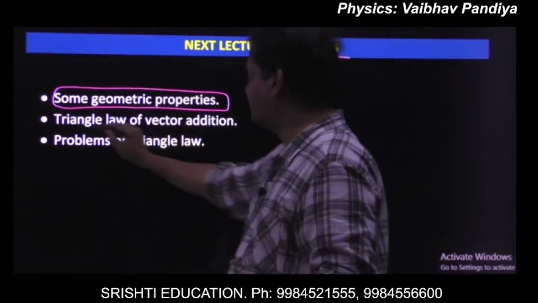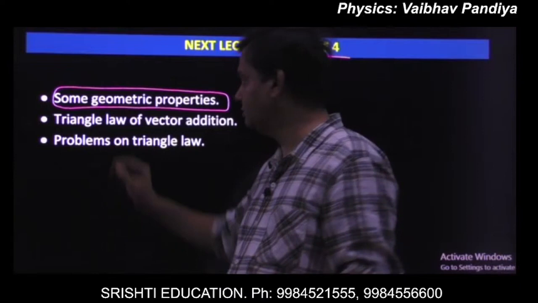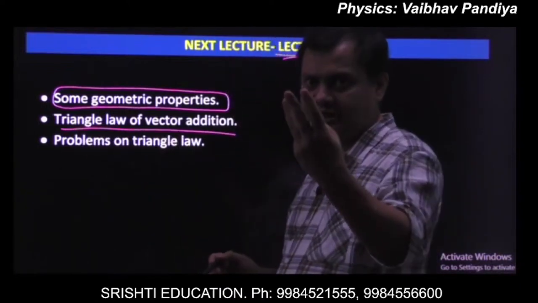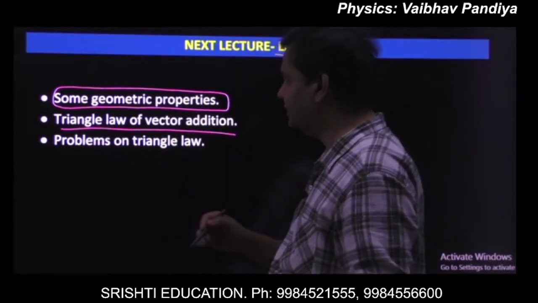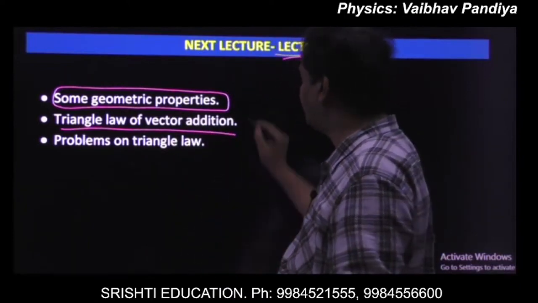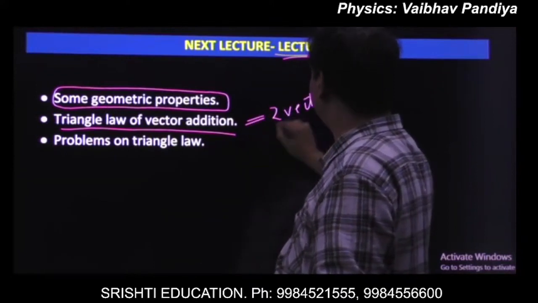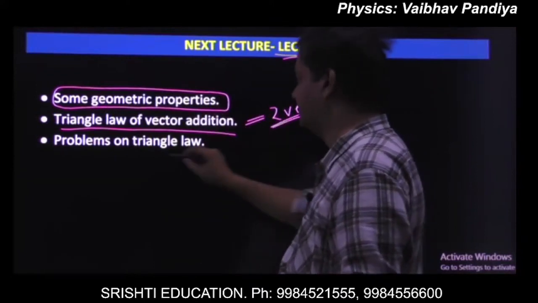Then we will see a special case of the polygon law, the triangle law of vector addition. Triangle is also a polygon, a three-sided polygon. So triangle law is nothing but a special case of the polygon law by which we can add two vectors. So we will see the triangle law and derive some equations for it. And then we'll do some